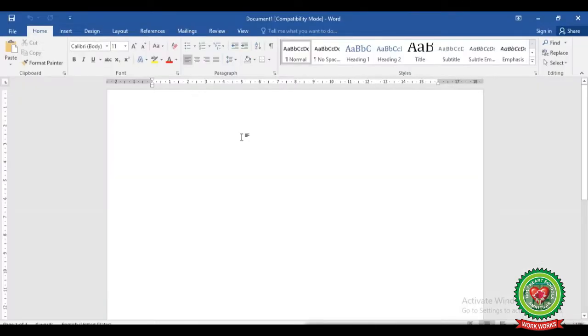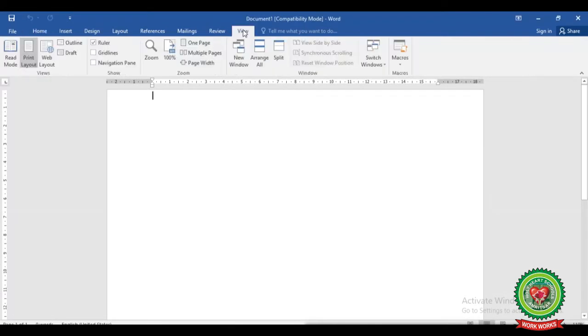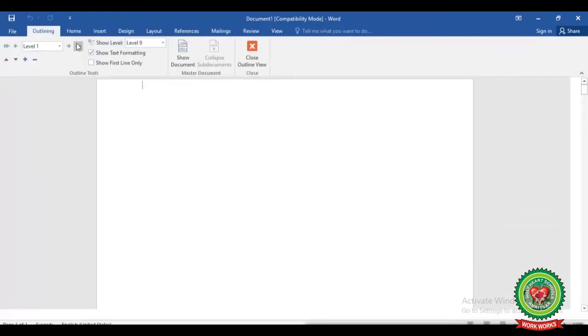After clicking on Blank Document, you will notice Word window will appear on your screen. Now click on View tab. From View tab, under Views group, we have to select the option Outline.